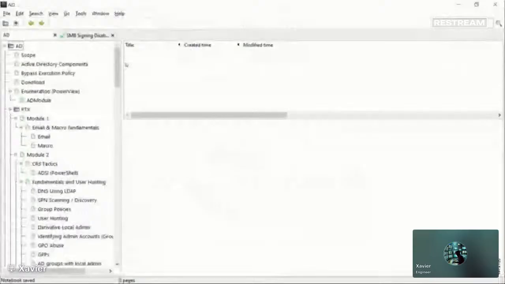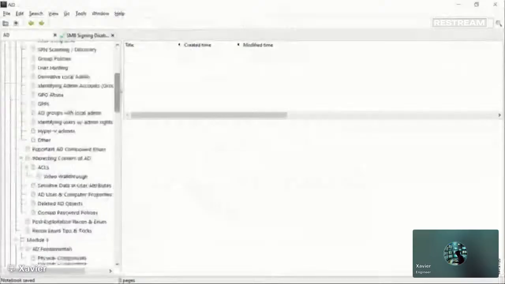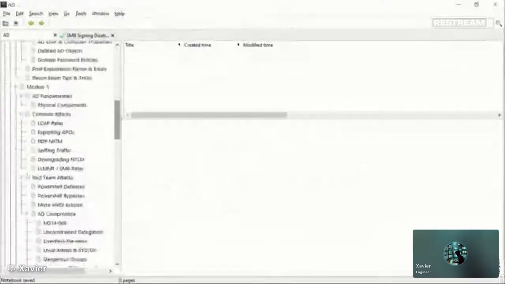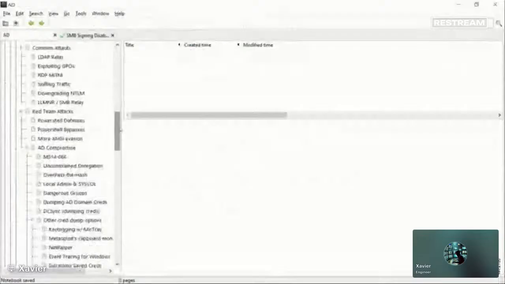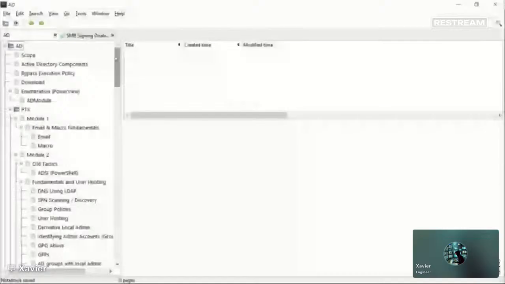So this is my notebook, and you can see it's really long. It's got all kinds of stuff in here, and it's geared only to Active Directory. So I have a few different notebooks. This one is Active Directory, and it's a few different courses that I've taken in the past that I've put together. And then for assessment work, etc., I just show you this one in particular